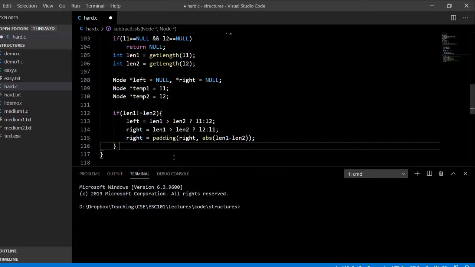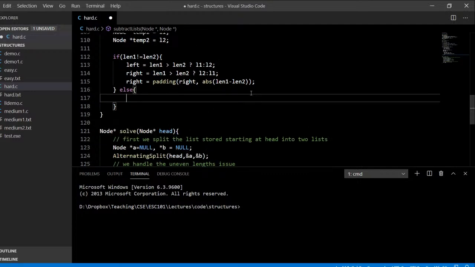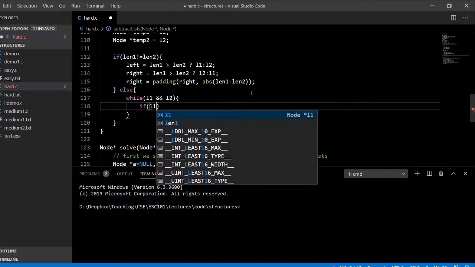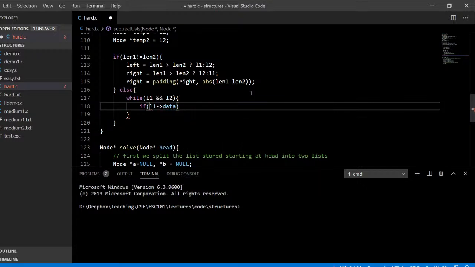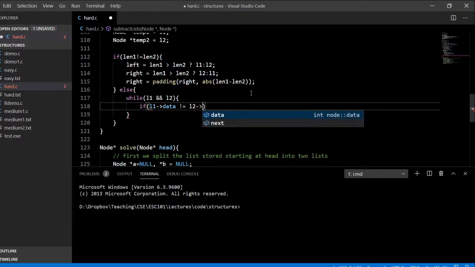Otherwise, if the lengths are equal, then what do we have to do? While L1 and L2. So we're essentially going to iterate through the list, or the two lists, because we know that they are the same length. If L1 data not equals to L2 data,